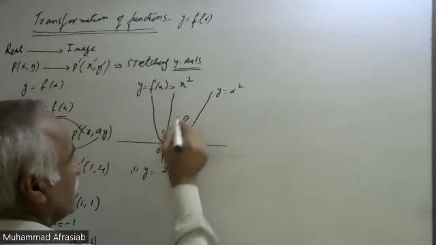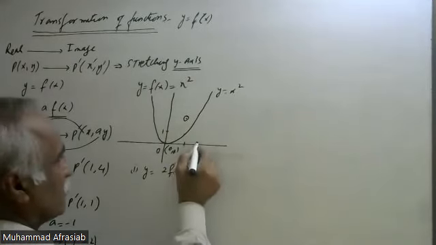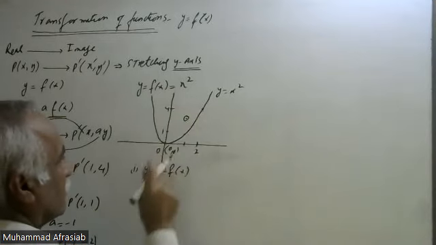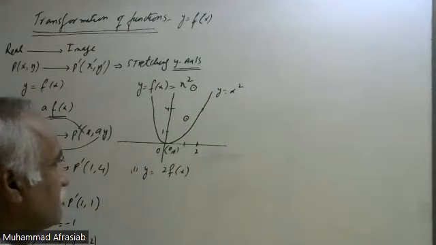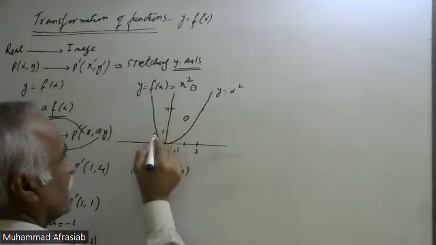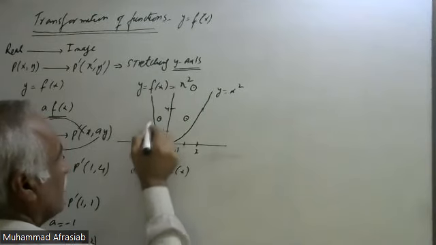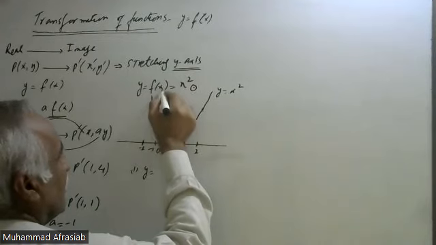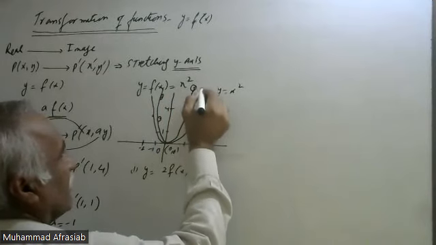So 1 will become 2 for the function value of y. If it is 2 here, which is equal to 4, now twice that 4 is 8, so it will become 8 here. The same is with minus 1. For minus 1, the value is 1, which will now be equal to 2. And for minus 2, it is 4, which will become 8. And if we draw the graph between these values, so this is the graph of y equal to